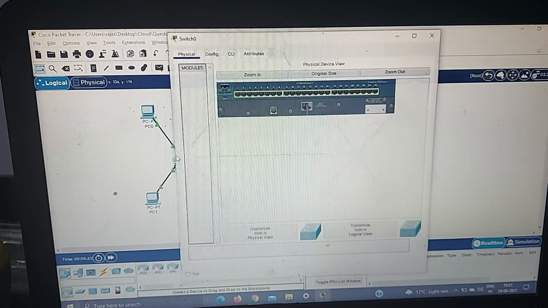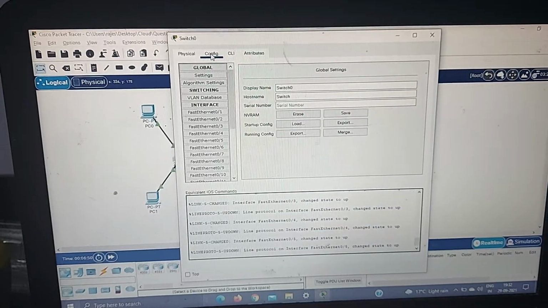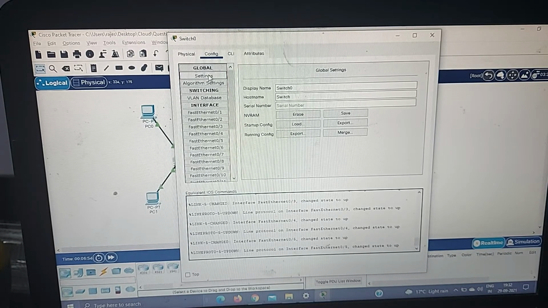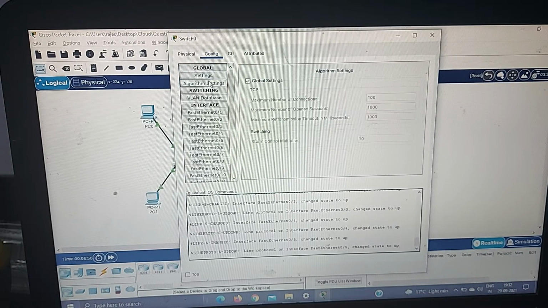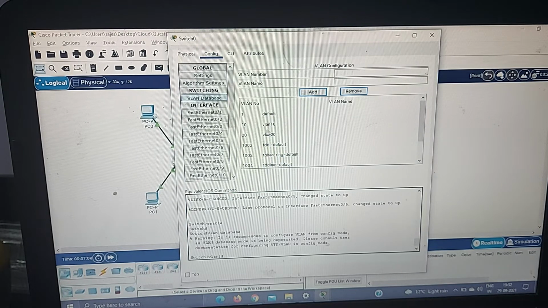So what configuration have I done here? If you go through the module, you can see the global configuration in switch settings and the algorithm. I have not changed anything. But in the switching part, for the VLAN database, I have created two VLANs, with the names VLAN 10 and VLAN 20, and the numbers given are 10 and 20.